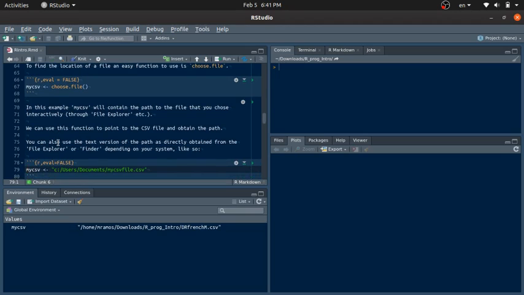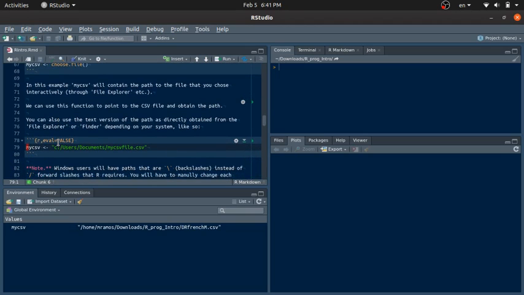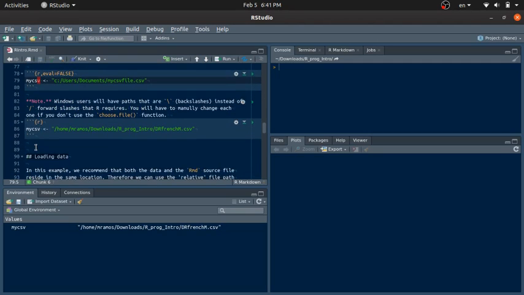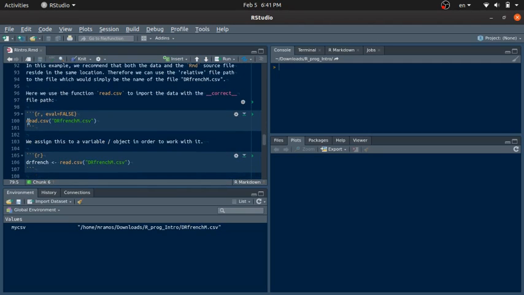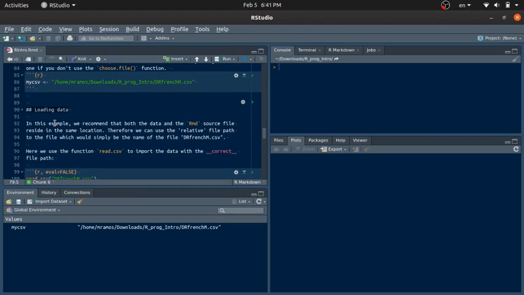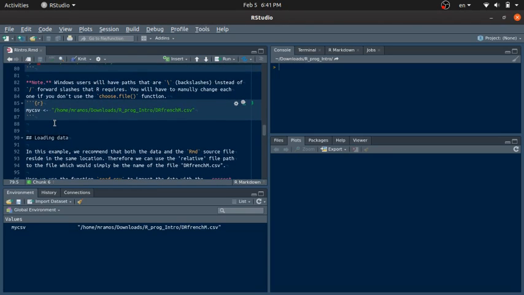And what I wanted you to do is to create your own either object or your own read.csv call in the RMarkdown file. So I'm going to go over, give you some basic